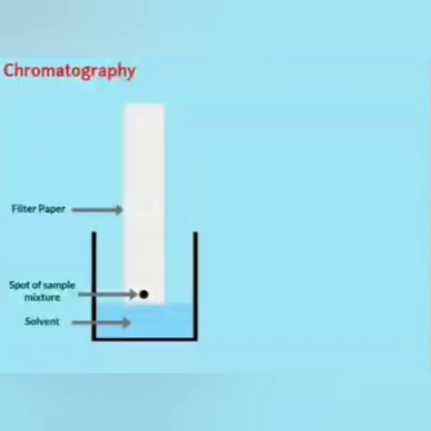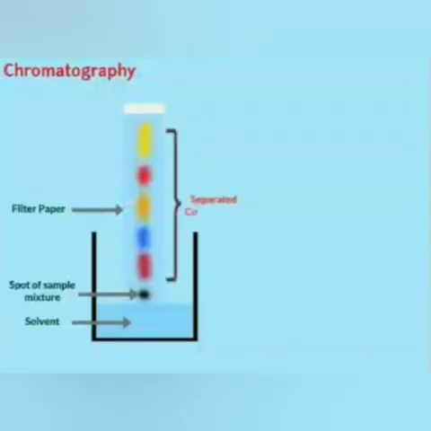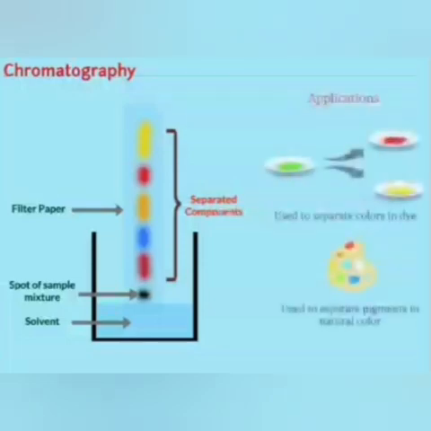Two or more substances are soluble in the same solvent, but their solubilities may be different. For example, black ink is a mixture of several colored substances which can be separated by this method. Chromatography is used to separate solutions of colored substances. It is also used in forensic sciences to detect and identify trace amounts of substances in the contents of the bladder and stomach. It is used to separate small amounts of products of chemical reactions.